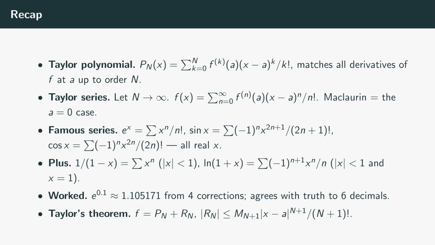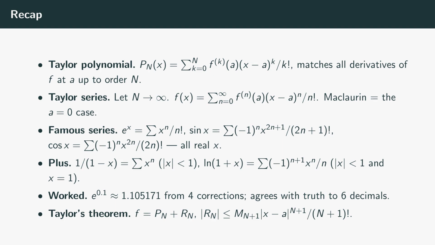The famous Maclaurin expansions, valid for all real x: e to the x equals the sum of x to the n over n factorial. Sine x equals the sum of negative 1 to the n times x to the 2n plus 1 over the quantity 2n plus 1 factorial. Cosine x equals the sum of negative 1 to the n times x to the 2n over the quantity 2n factorial. Plus the geometric series,